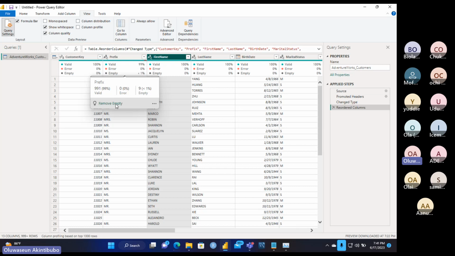From there you can remove empty. Can you see? You can remove the empty rows that are messing up your data, right? You can deal with duplicates from there. You can keep errors, you can remove duplicates, you can remove empties, you can remove errors, and you can replace errors, right? So you can see these things are